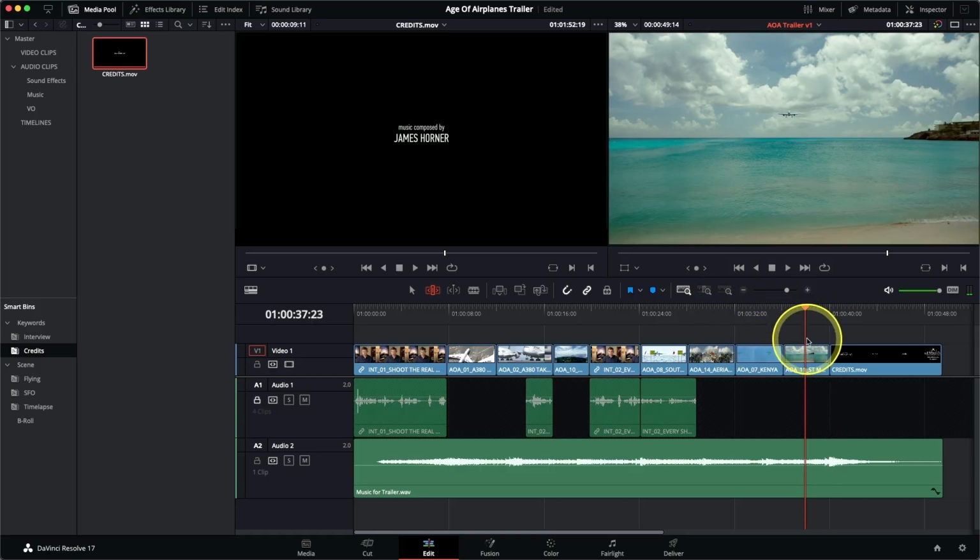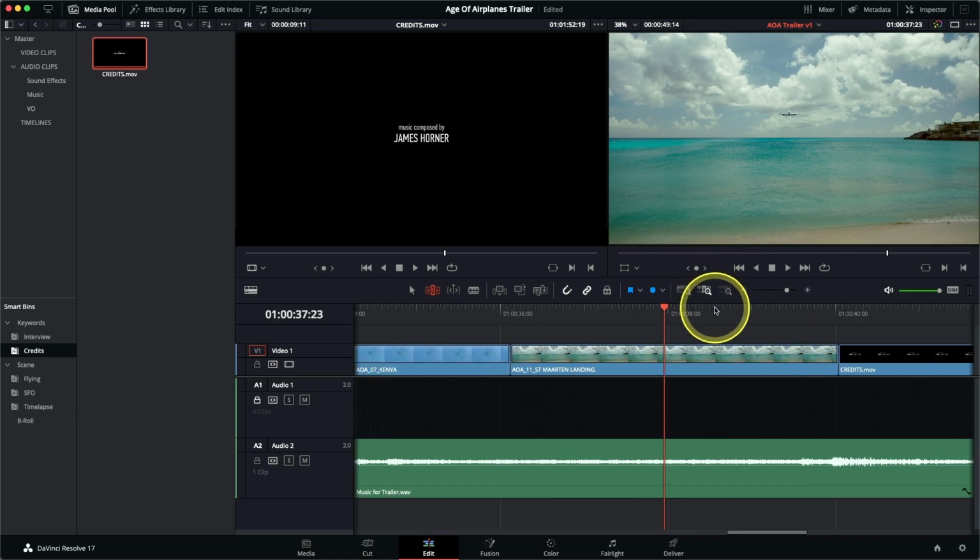Now that I've got those shots in at the end of the timeline, I just need to go back through and refine which parts of the shots that I'm using. So I need to use the trim edit function for that as well. Let's position the playhead over the St. Martin shot at the end of this timeline and use the detail zoom button to zoom in. If we preview the shot by selecting it and pressing the / key,